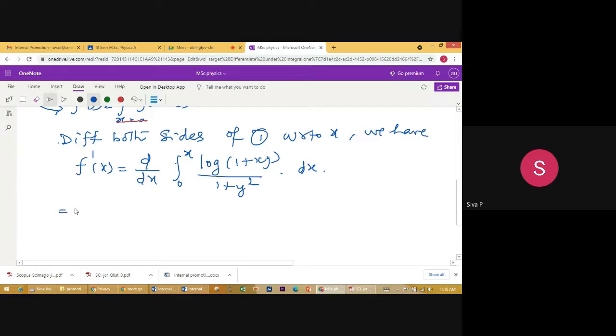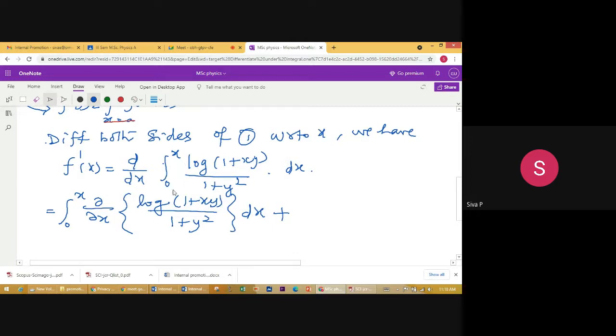So that is the integral over 0 to x of dou by dou x of log(1 plus xy) by (1 plus y square) dx, plus